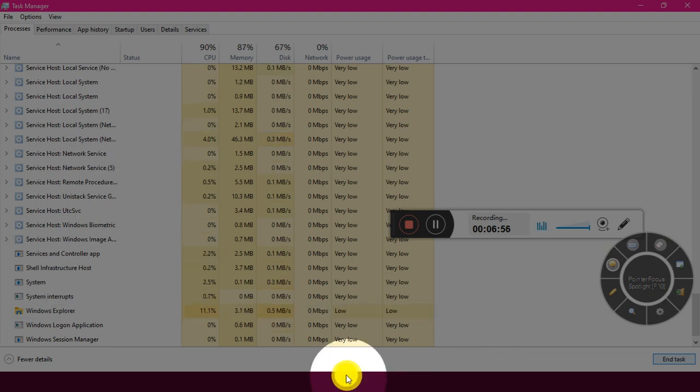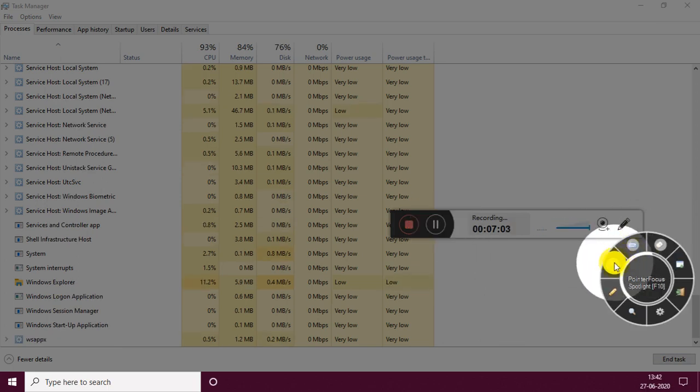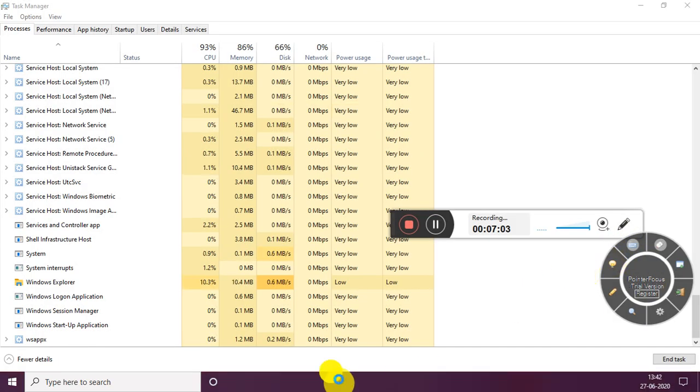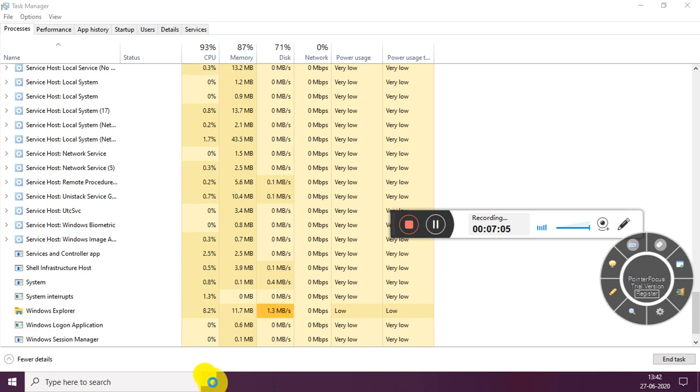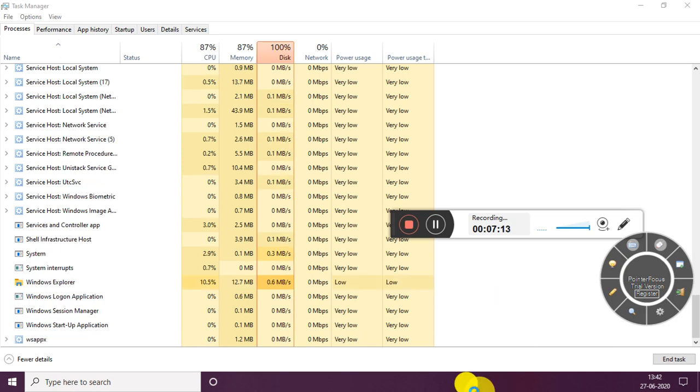So for 5 to 10 seconds they will not come back, but afterwards, like my Cortana and search bar and start button came. Now slowly all the apps will come. So let's wait for all the apps to come.